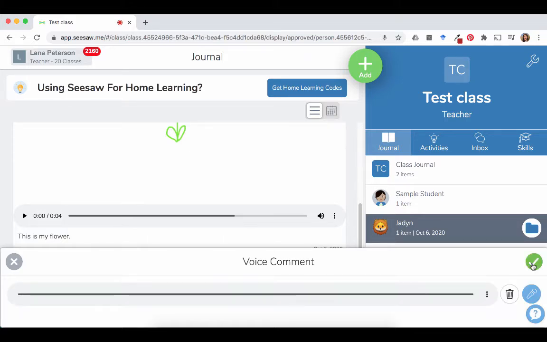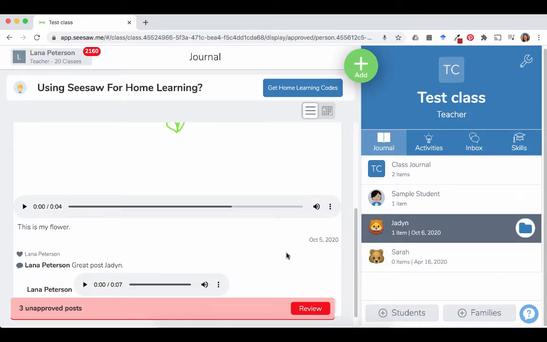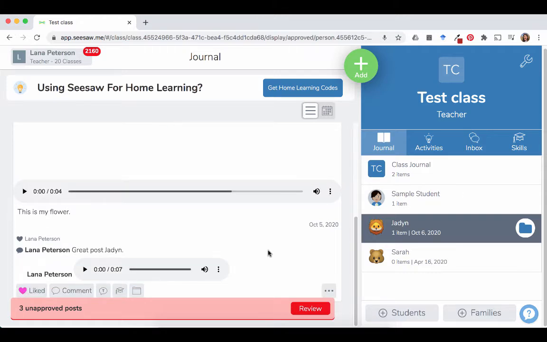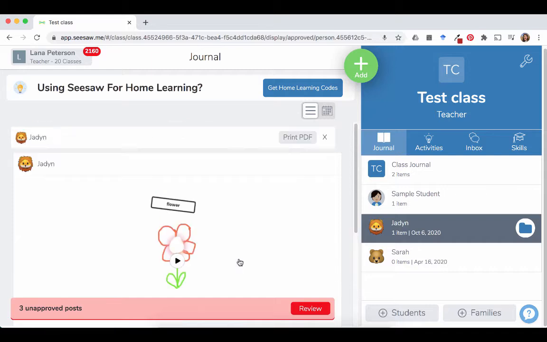So there's a voice. So that's the great part about Seesaw, is that Seesaw is a creation platform, and you don't necessarily need to know how to read and write in order to use it. Everything can be verbal. We'll talk about some of these other things at the bottom in a second, but so I can click on the individual students to see their items. I can also see items posted by